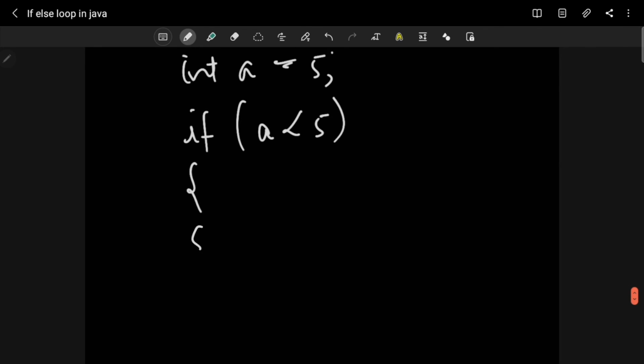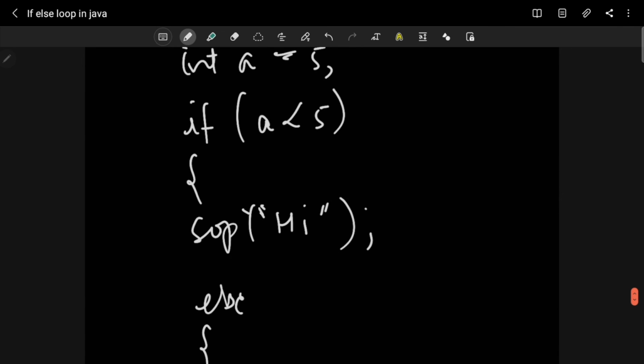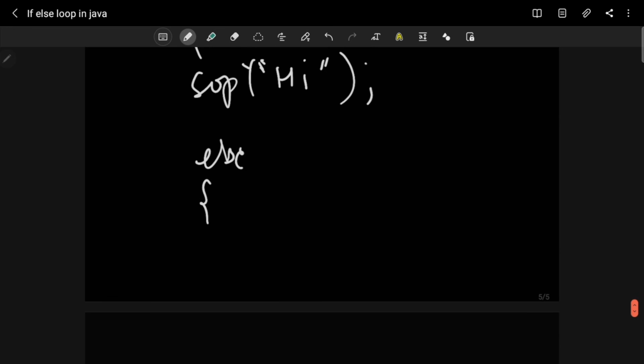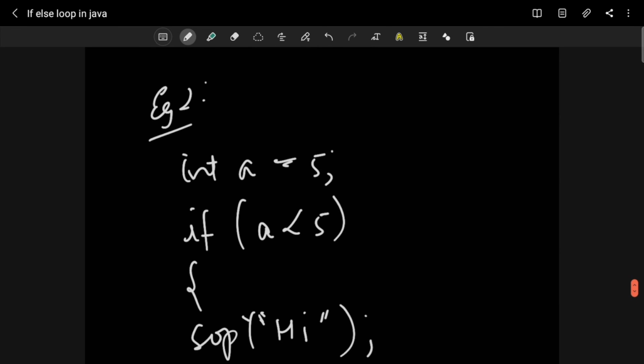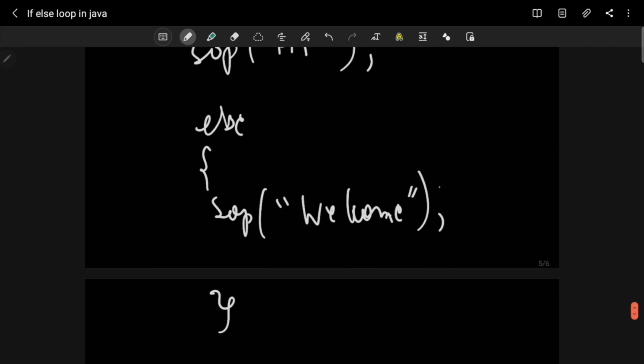It should print hi. Else meaning if A is greater than 5. Only possibility that could be, right? If A is greater than 5, then what do we want? We want welcome to be printed. Right. I'm closing it here.